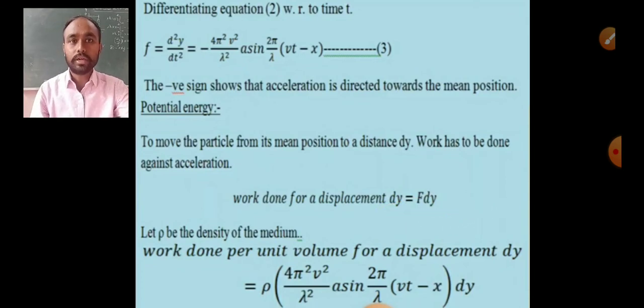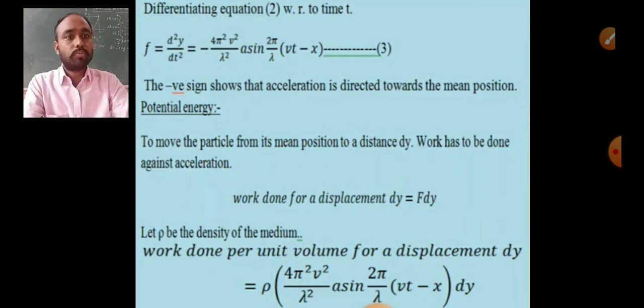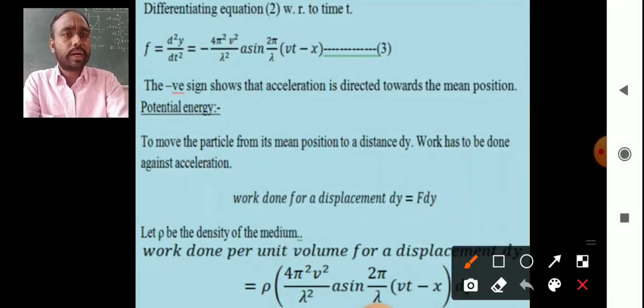We know that work done is force into displacement. So, how much is the force? F is the force and dy will be the displacement. That is why it is the work done for a particle to have the displacement dy. Okay. So, here you can write the equation like this: